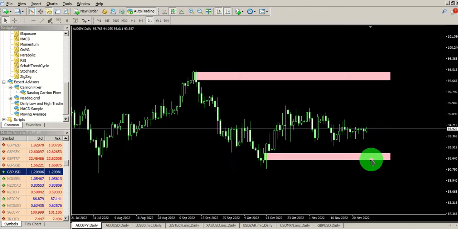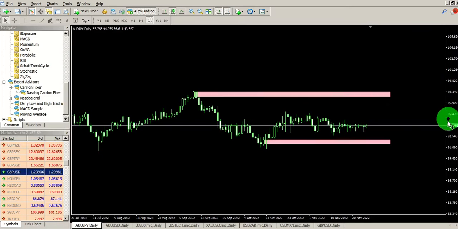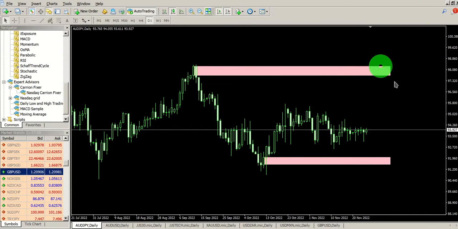If it comes down and gives us an opportunity to go long, I will be entering here, and if it goes up and then comes into this area here, then we'll see how it plays out. Maybe it might reverse or it might continue going up. Also, I would like to have this other area here that I can look at. This order block right here seems to be valid, but we'll just have to wait and see how the market